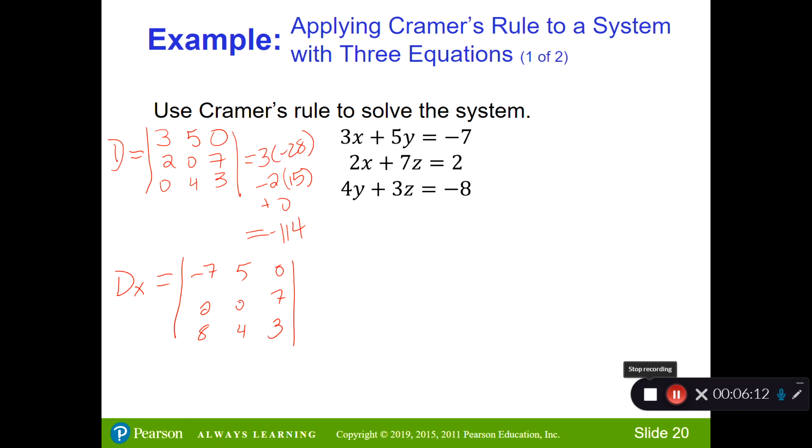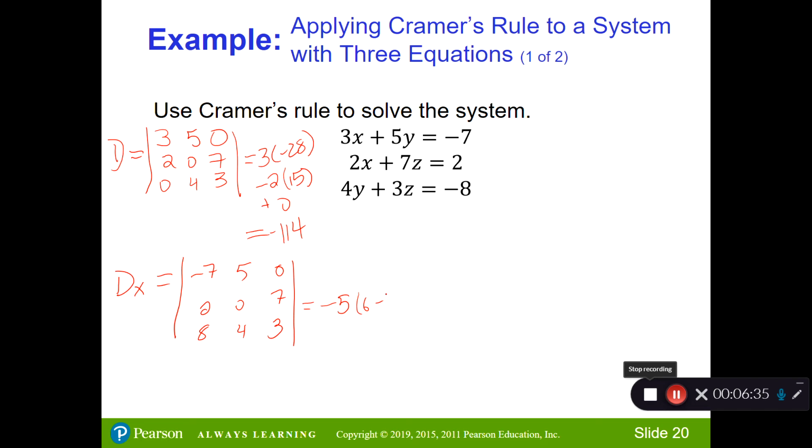Okay, and then I'm going to span across the second column because it's got a 0 in it. So I'm going to start with a negative because this is in place 2, 1. So 2 plus 1 is 3, it's odd. So it starts with a negative. All right, 5 times, cross out its row and column, and you have 6 minus